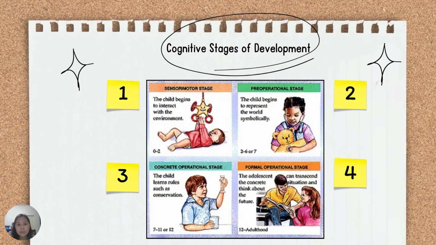That's why in elementary years, teachers really provide visual aids whenever they present ideas, whenever they discuss something, because elementary students cannot yet think abstractly during this time, meaning it's difficult for them to understand something that they cannot see, because they are in the concrete operational stage. They interact with the world with what is tangible.